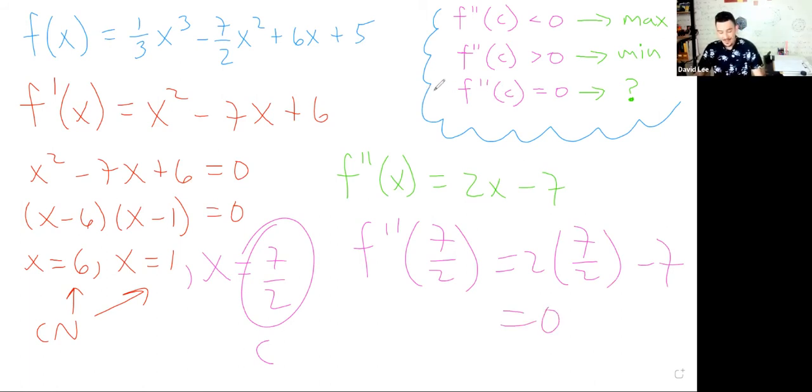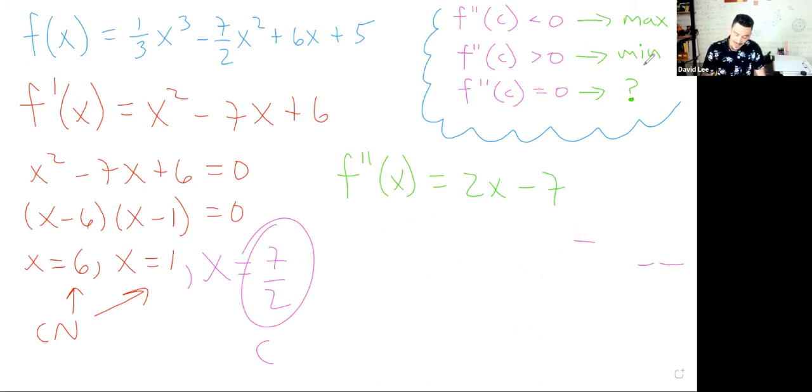So in this case, whenever you get a critical number, that if you plug it into the second derivative and you get 0, it's inconclusive. The test fails. So what would you have to do in that instance? In that instance, what you would have to do is, as the notes say, you would actually have to go to your first derivative. You'd have to go to the first derivative number line, and you'd have to do these things here where you make cuts